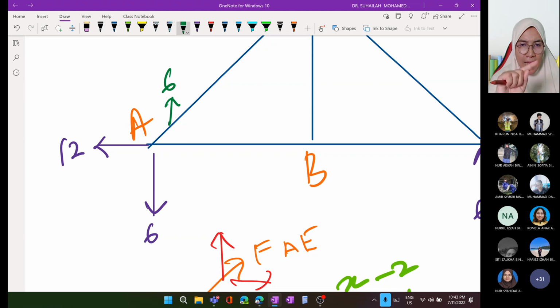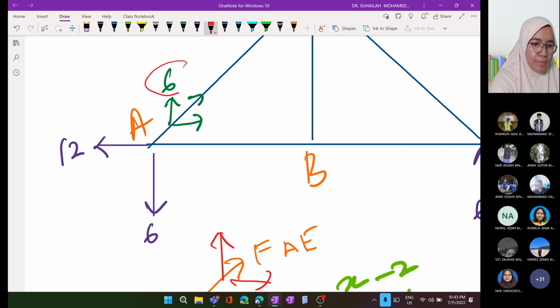Okay, so bila dia incline member, kita kena completekan X and Y. Because kita kena completekan vector. Remember vector? Vector kan kita kena resolve in X and Y, and kita dapat yang ni. Kita dapatlah FAE tu ataupun N AE tu kan member force. So when we get this 6 from this,